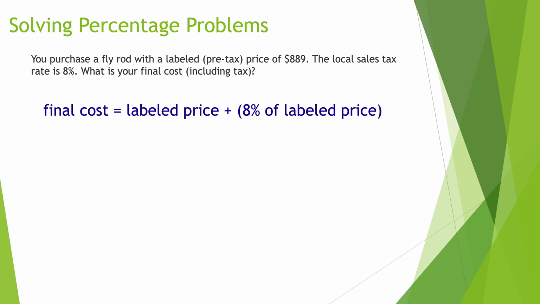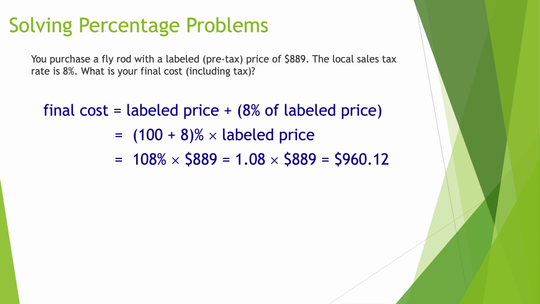So the final cost is going to be the labeled price plus 8% of the label price because that's the part you pay for tax. So it's kind of like factoring here. We're going to pull out the labeled price, which is 100%, plus 8% of the labeled price. So altogether, you're going to get 100 plus 8% times the labeled price, which is 108% times the labeled price, which is 1.08. That's the conversion of the percent to a decimal. Remember, you move the decimal 2 places to the left. 1.08 times 889, and you get